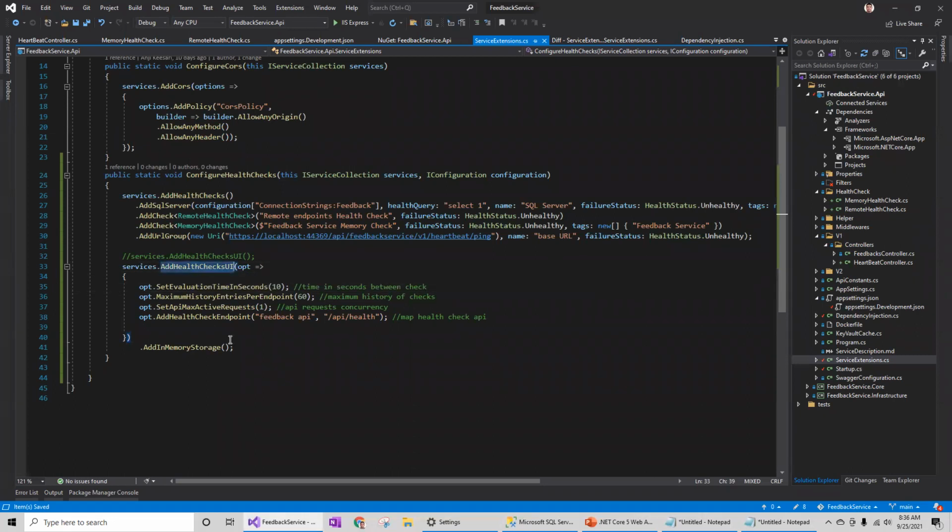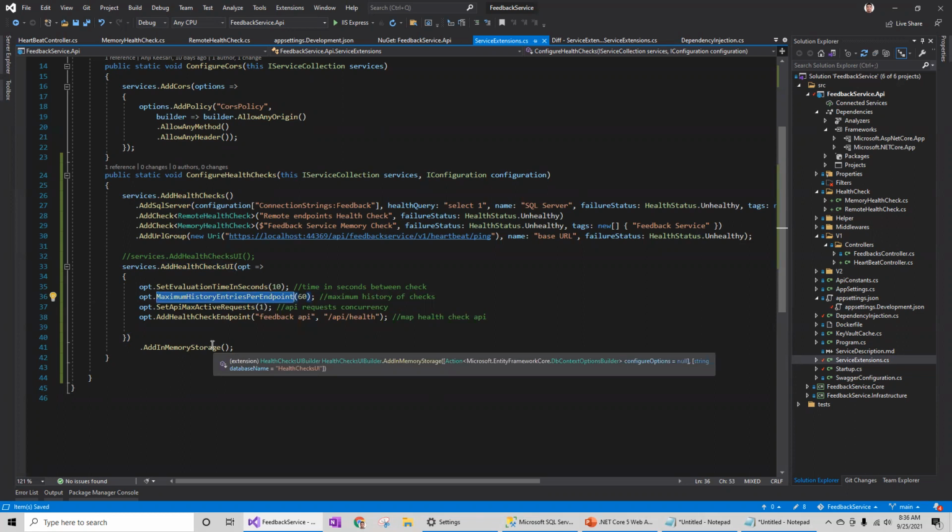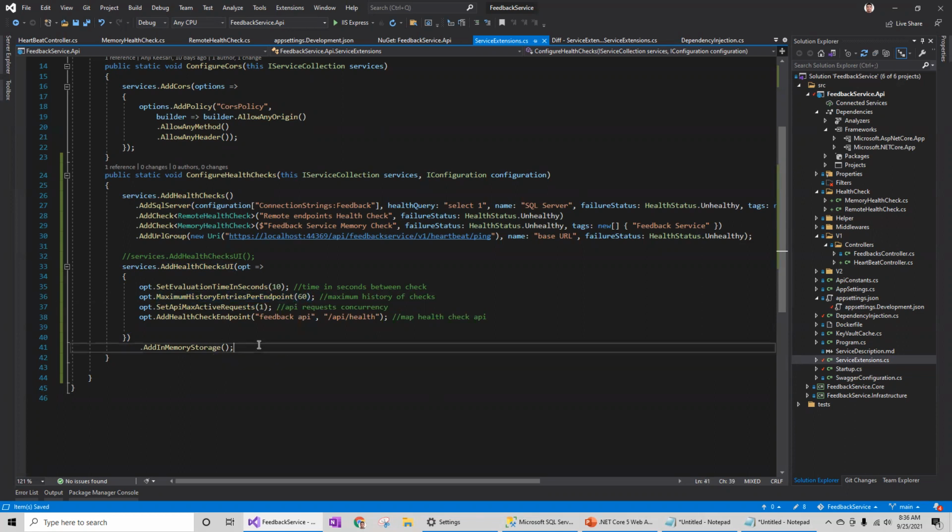So for that, we need to add this piece of code, add health check UI, and then set the evaluation time in seconds. So every 10 seconds, this is going to trigger and validate the health of the API. And then this is the maximum history, which is going to be maintained.